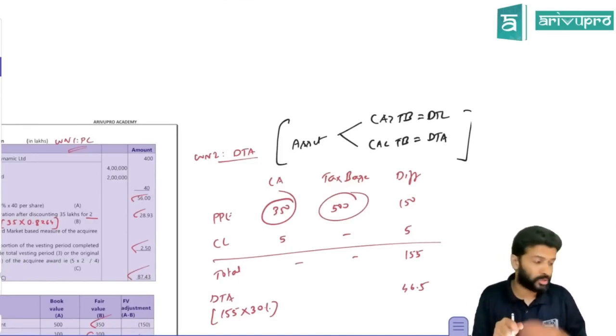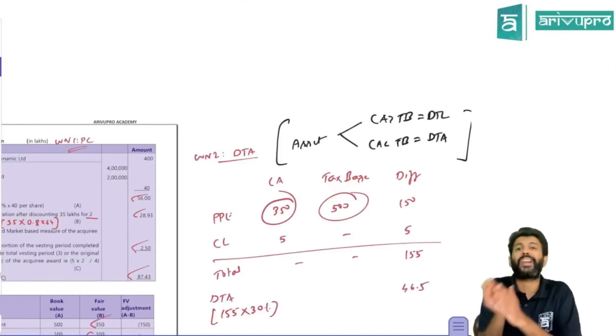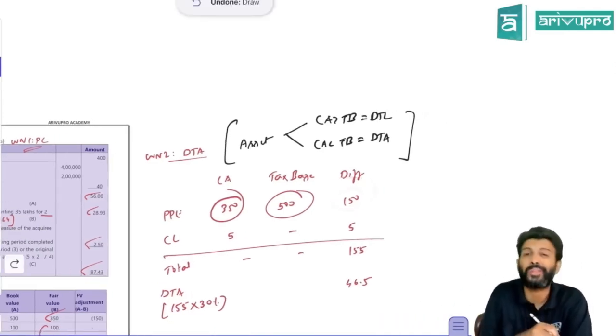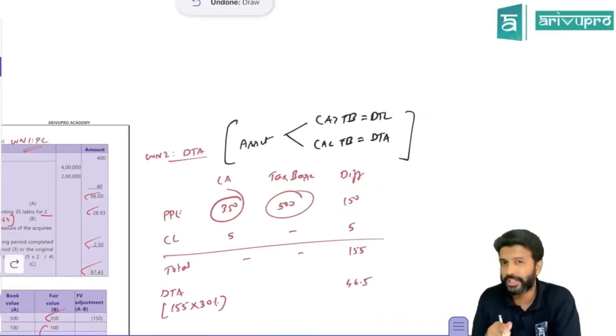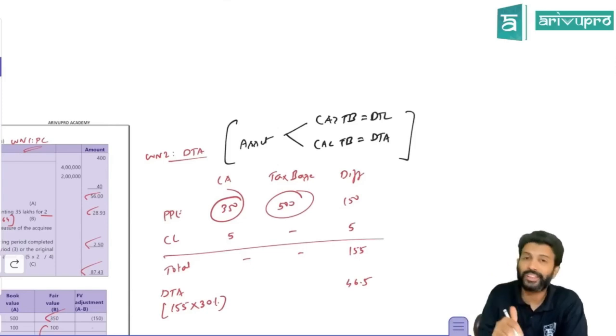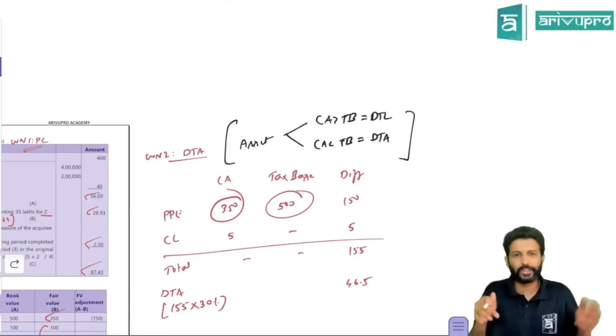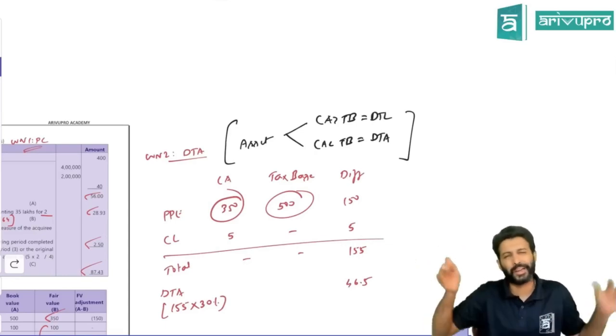So there's an asset equation. Is the carrying amount greater than tax base or lesser than tax base? Carrying amount is lesser than tax base. By how much? The difference is 150. We don't create DTA or DTL on the difference amount, but on the taxable difference. So take this 150 and multiply by 30%. You'll get 45. I think there's one more component. There are multiple components, so club them. Don't do the calculations separately. Club all and do it.